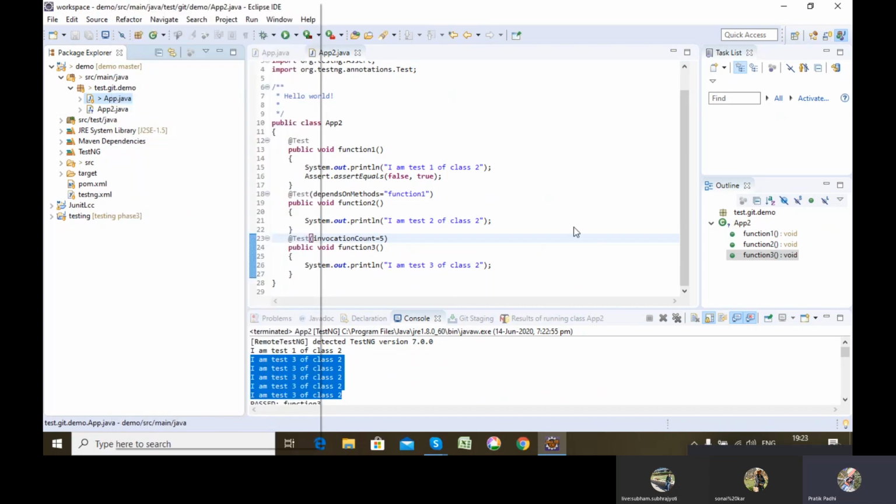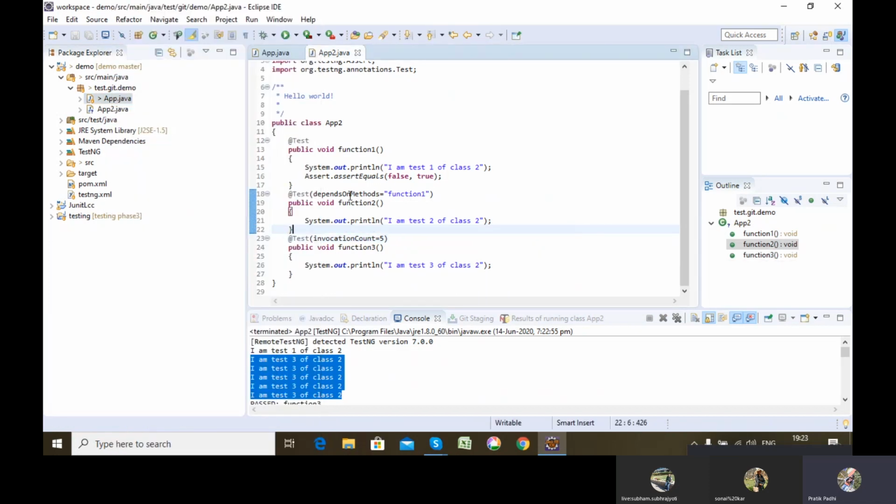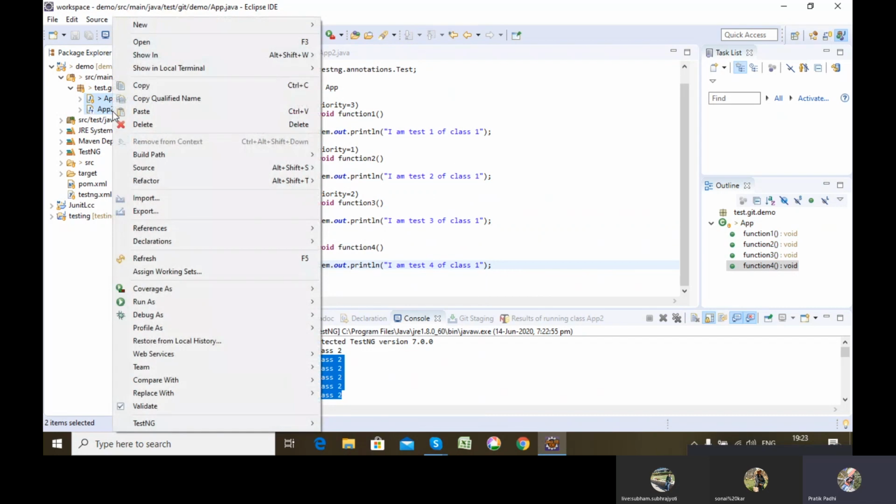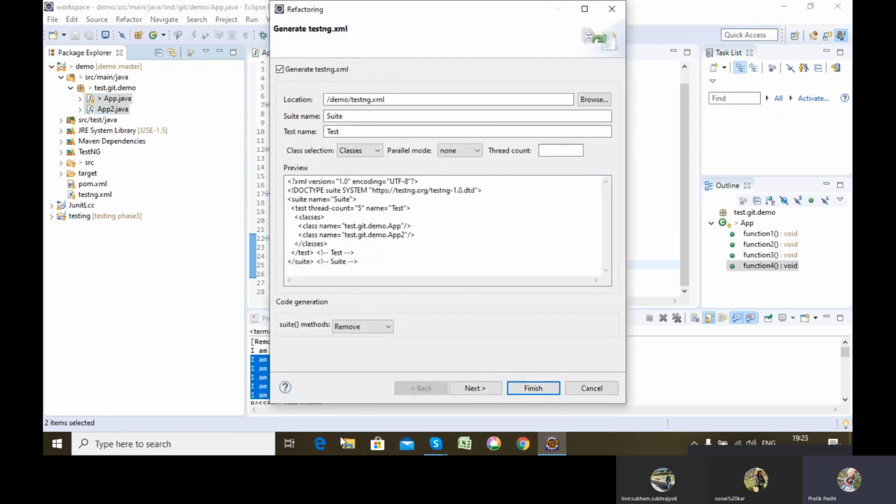Now, how many tests do I have? I have 3 tests, 4 tests here. So let's see how to do parallel execution using TestNG. While creating the TestNG suite, there is an option parallel mode.